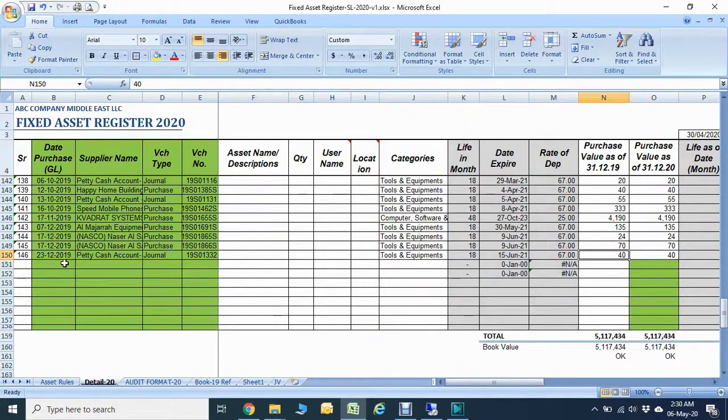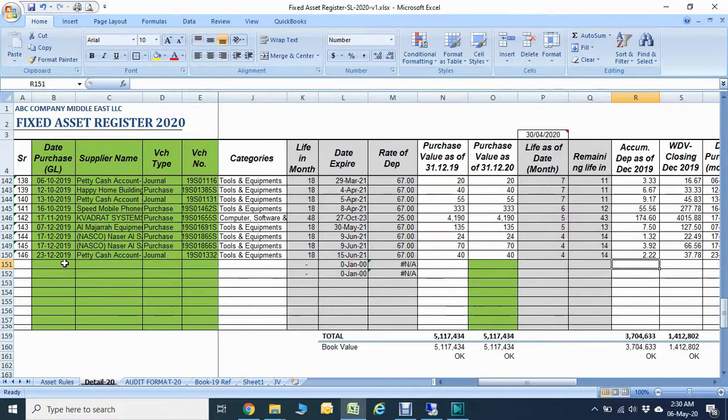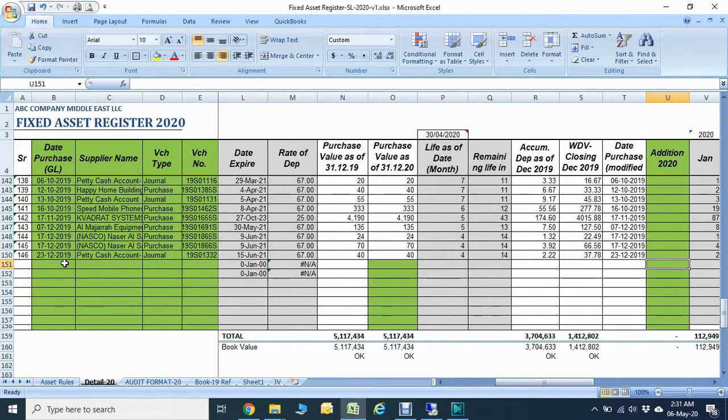And then you have to enter the amount here. Let's say 150,000 if you have a purchase, or 200 dirhams or 500,000, whatever the amount. The addition for the current year you just put here. This green color is what you have to take from the books of accounts, and then it will be updated. This green color I have also put here, and it will be linked here, so just put the update here. Okay, all right. So this is the information you have taken from the books.